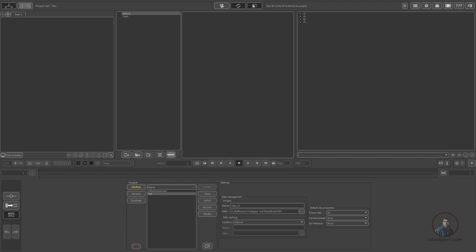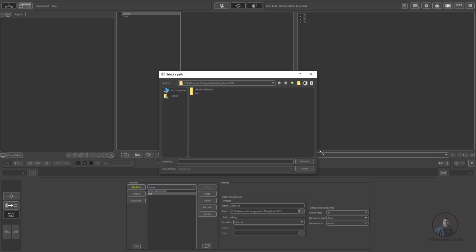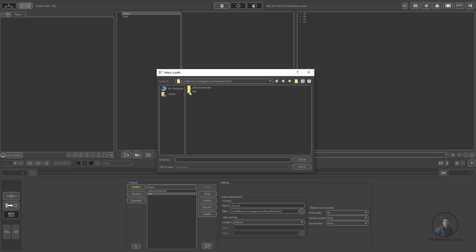And suppose if you want to change your path, locations or folder, then simply click here. It will open your browser or directory window, then My Computer. Then you can go into any drive and select your folder. So inside this new VFX folder, if you want, you can simply create a new folder. This is our path here. Okay, so remember this one. Just give a name. I have given the name PFTrack projects here, and I have selected this one.